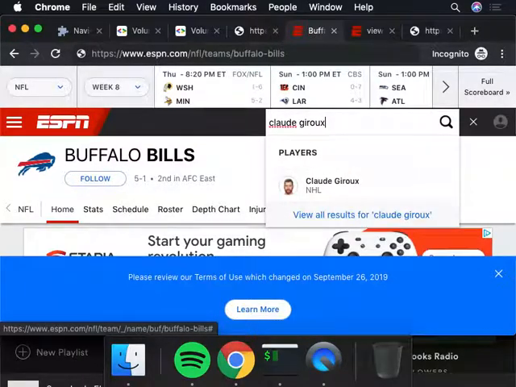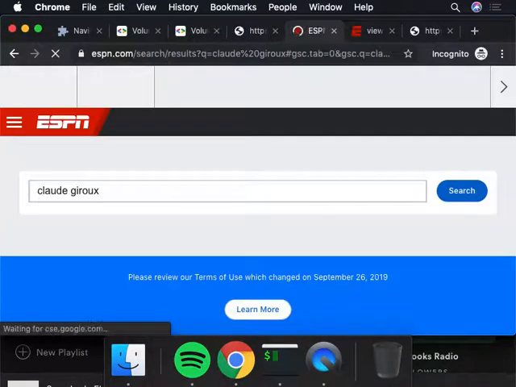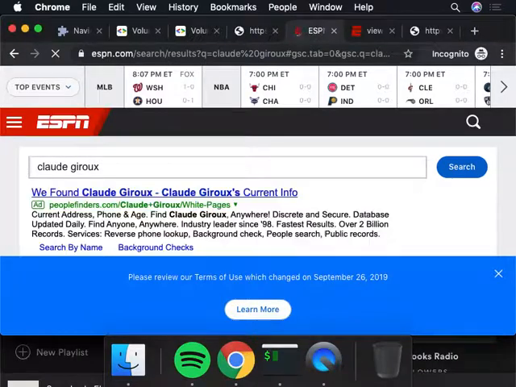Sorry, so is this now different than the way it's organized, or is this a different way of getting to that same information? It's also the way it's organized, but it's not just organized. Say I search for Claude Giroux, ESPN doesn't know what category Claude Giroux is. Is that a team? Is that a player? Right? So instead what we do is we go to a different resource called /search/results, right? Or sometimes just /search, okay?